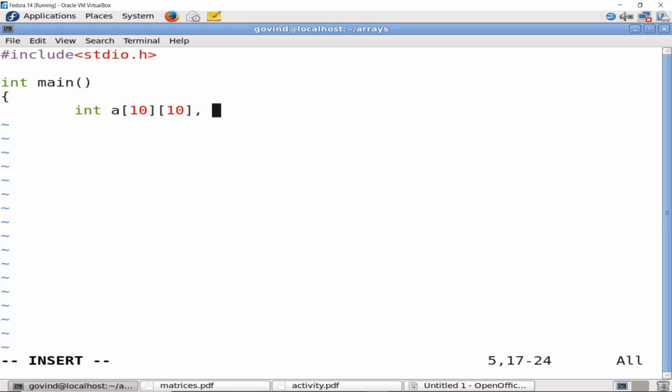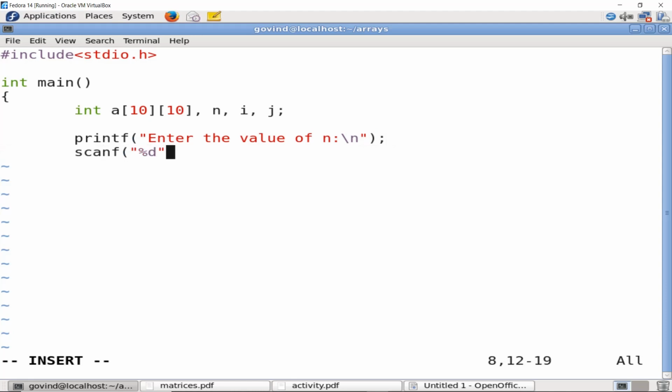This should be a square matrix, so it is sufficient if I use n as a variable, and i and j are required to navigate the elements in an array. Printf, enter the value of n, scanf. Since it's a square matrix, I just need one value. The same value I'll take as row as well as column.